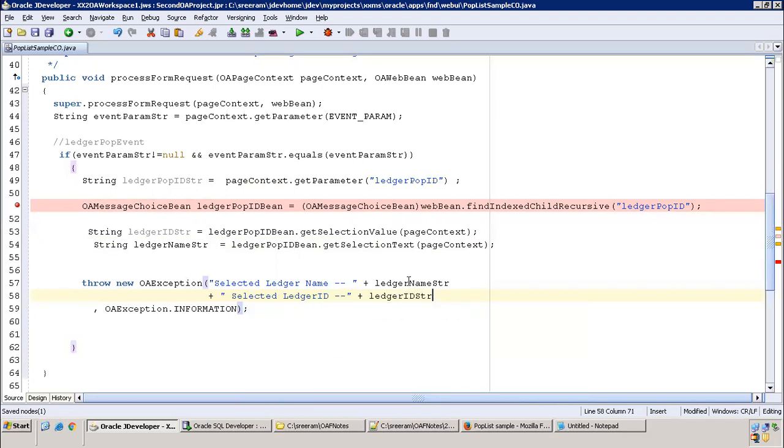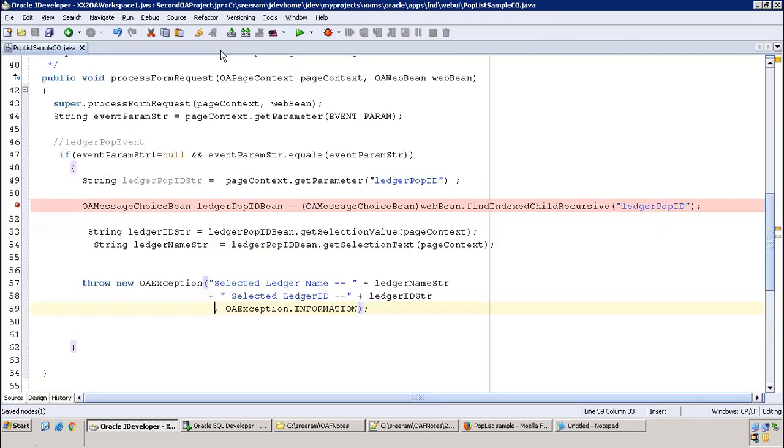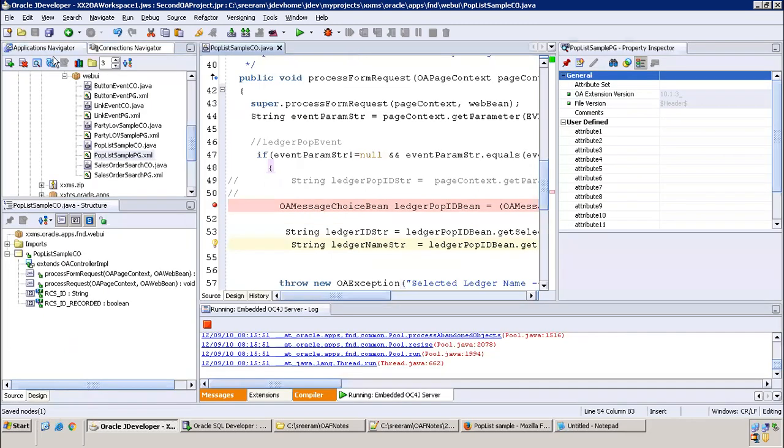That's it. Okay. First one is the value you took, no? Yes, this is for the ID, the selection value. This is selection text, this is for the name. For the ID we always have to use selection value only. Let us run the page. You'll understand.